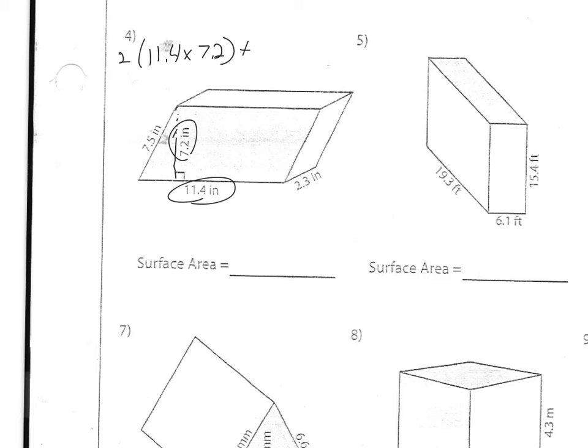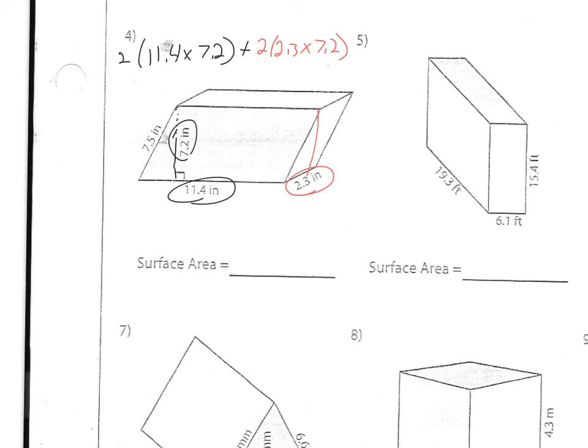Plus base times height again is going to be, again, I'm going to have two of those sides. 2 times 2.3 times 7.2